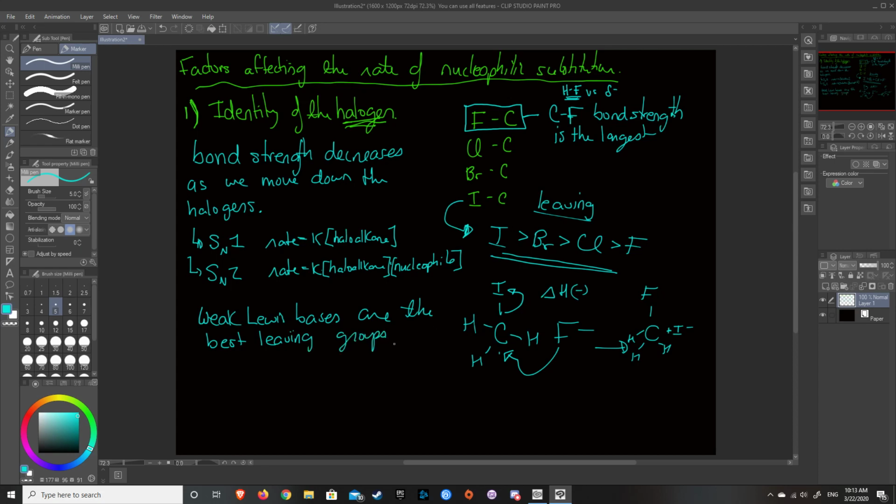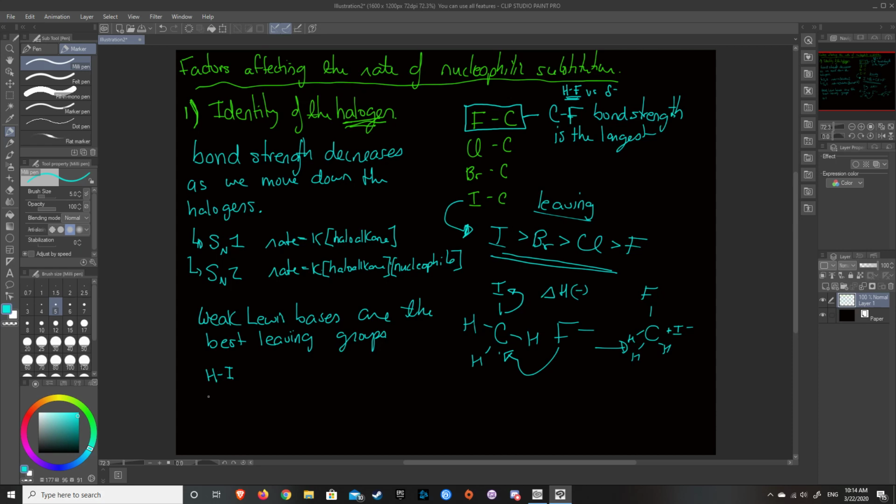So weak Lewis bases. What this means is that if something is a stronger Lewis acid, it basically forms weaker bases. A weak acid produces a stronger base, and a strong acid produces a weaker base. The way you can consider this is if we look at